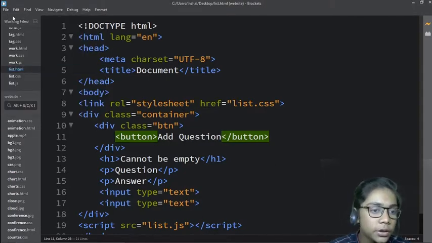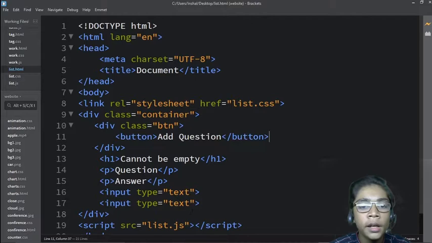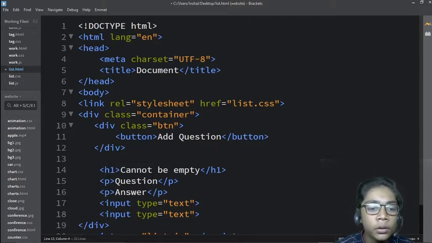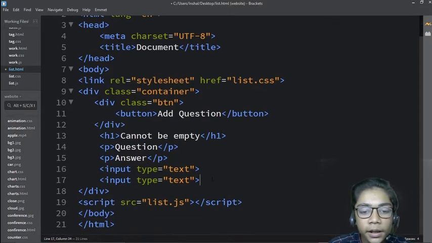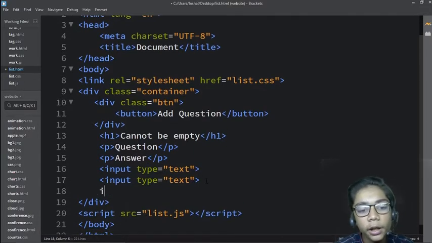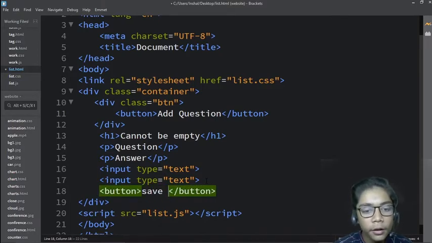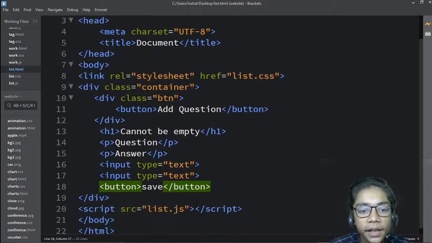When you have done all this, you have to do one thing again: come underneath again, and over here I will write another thing. Now it is enough. Now I will come underneath this input text tag and write input. Over here I will write button, and I will let save. There should not be any capital letters. So I will hit save, and now it is enough.